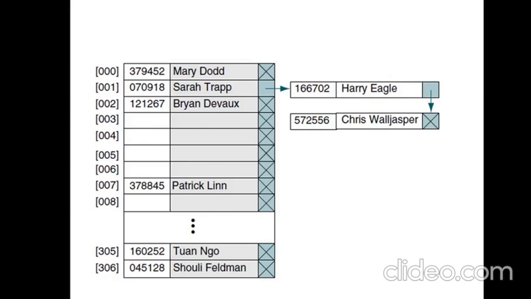Suddenly if a collision occurs at some location, then instead of resolving that particular key within the list itself, we put it in a linked list which is attached to that element. For example, if a collision happens at address 1, we add a linked list with this particular node and put the colliding key into that.